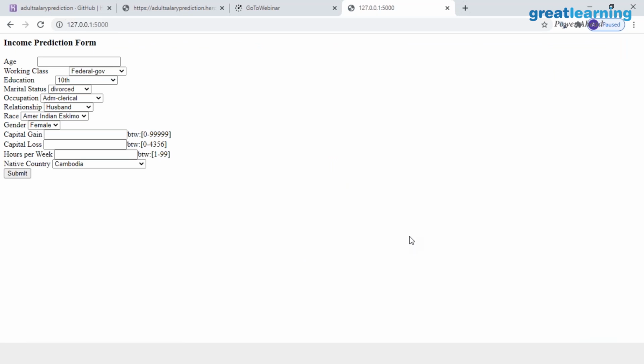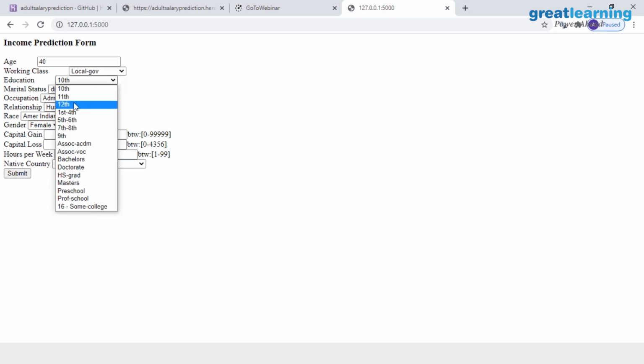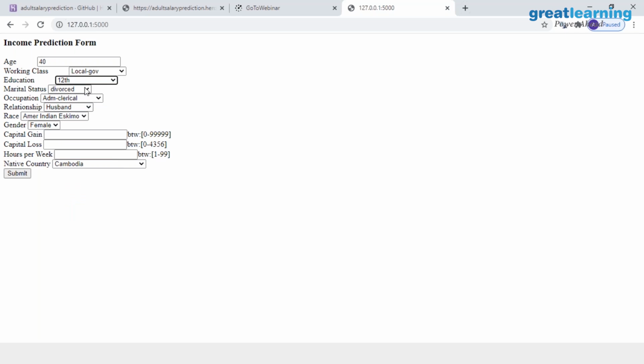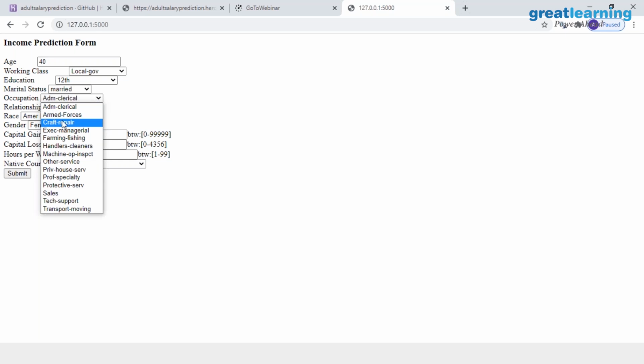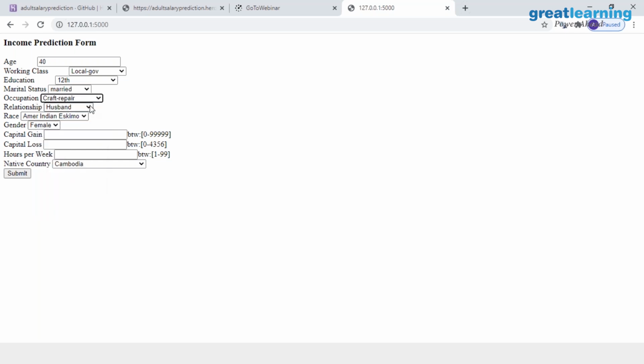Okay. Now this is the input HTML form which I have created. Let me just enter some values. So let's assume age is, let me enter age as 40 years. Working class, these are the drop down options which are available. Let me say local. Education is 12th standard. Marital status is married. Occupation is, let's say, craft repair.